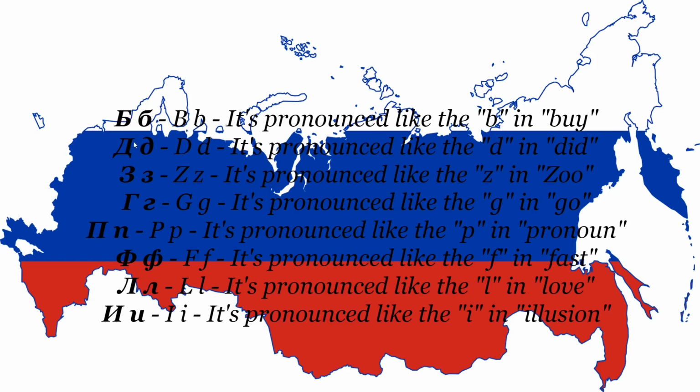Next one is the D. The capital is the one that I pretty much use all the time. I pretty much never use the lowercase one, but you will see it if you're reading Russian writing occasionally. And it looks sort of like a C, not a C, like one of those square brackets that's been tilted upside down with a line going up and then across and then down. Funky looking letter. Next one looks like the number 3, but it's actually the Z sound, as in zoo.